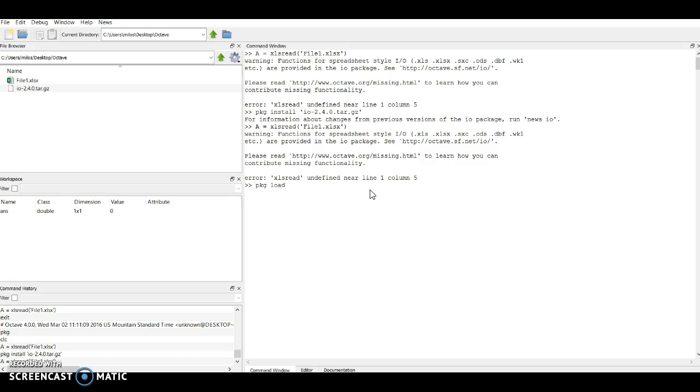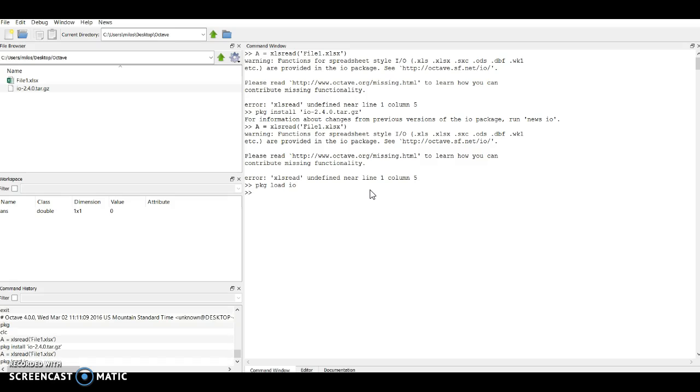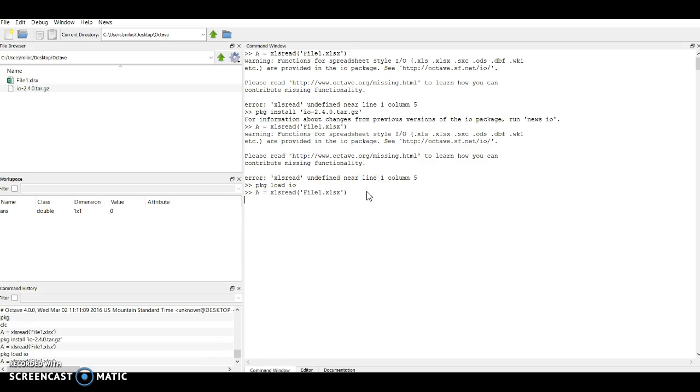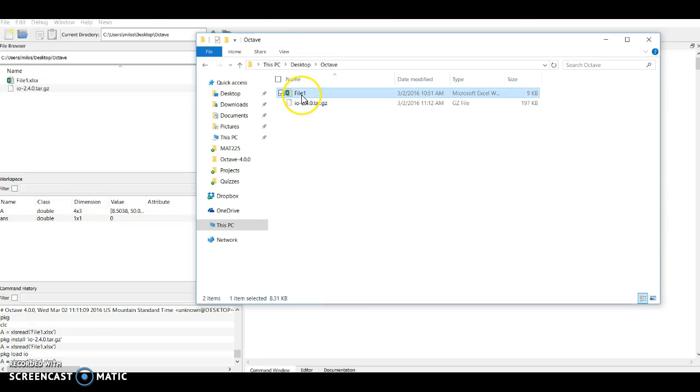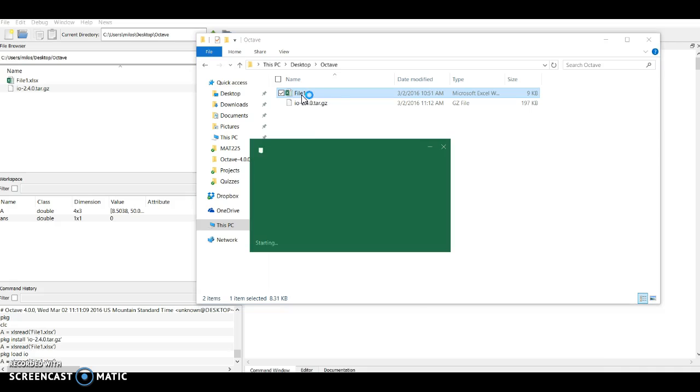So pkg load io. And you don't really see any output after that. Everything's good, no errors at this point. And now I should be able to run the xlsread function. And there we go. Great. So now it's done its deed, and you see that it's detected the XLS interface, A equals, and now it's created this matrix. Now in the original file, if I go back to it, I have some labels in there,